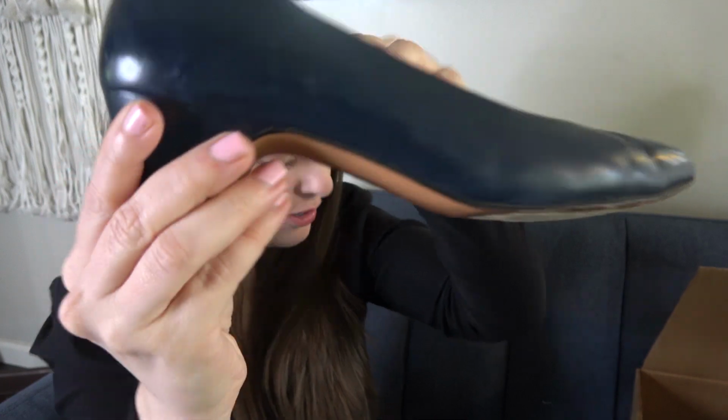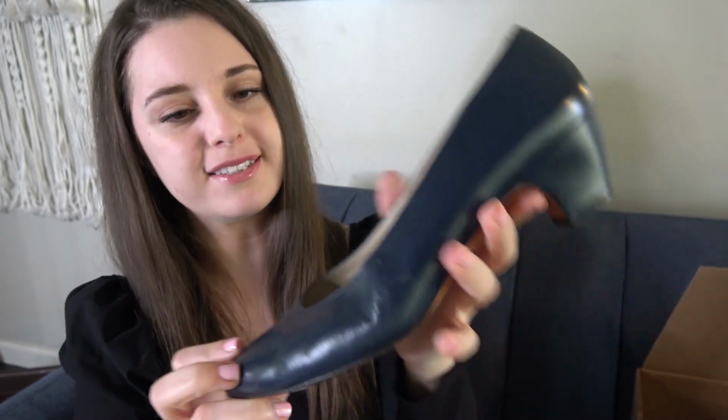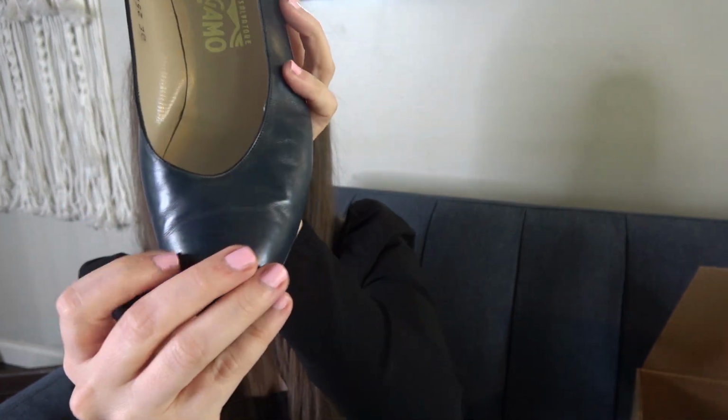So this next pair of shoes I received are Ferragamos, which it's like completely rubbed off, but I was familiar with Ferragamos and I have purchased some at the bins. The Ferragamos that I have not sold. The only flaw I could really find on these is right here. But other than that, the heel's in great condition. The only thing I really feel like I'm gonna have to do to these is maybe stuff them a little,